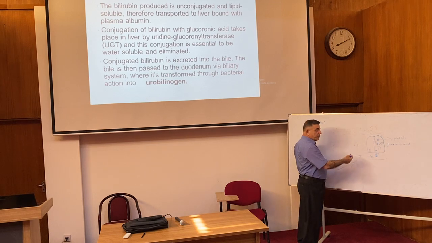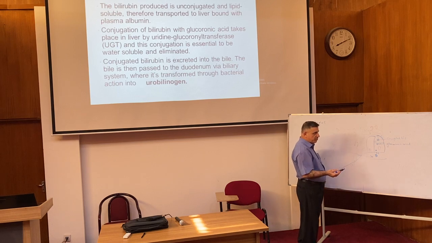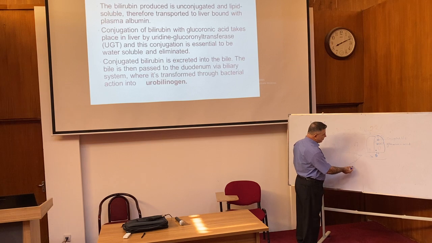It comes with the bile. Bile, of course, contains conjugated bilirubin and bile acids and other substances. This is the cystic duct, and then it goes to